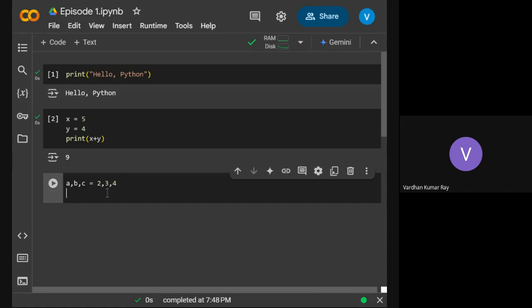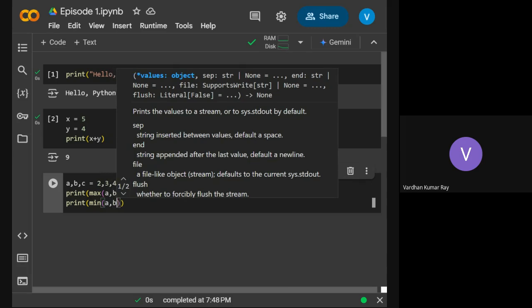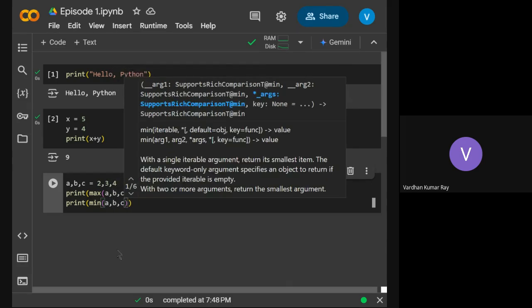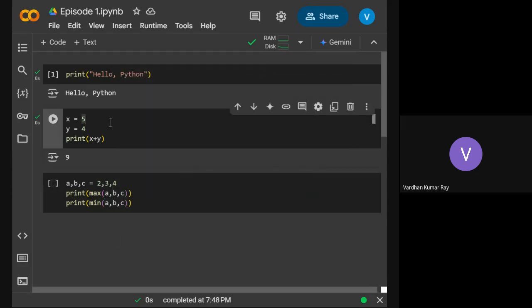So I want to print the maximum of a comma b comma c, then I will print the minimum of a comma b comma c. One thing I already told you: print is a function. You guys told me in the chat that print is a function. And here, inside the print, I have another function known as max.